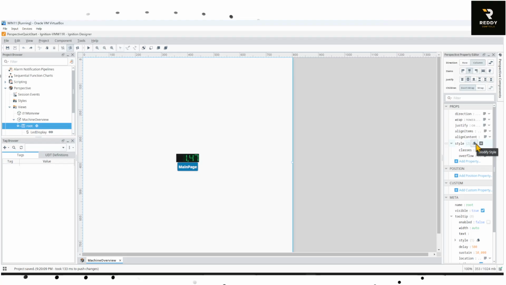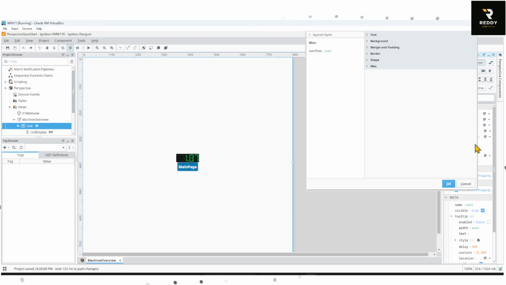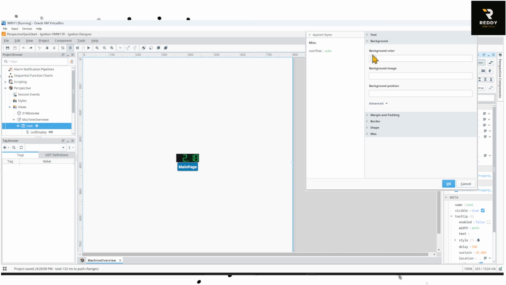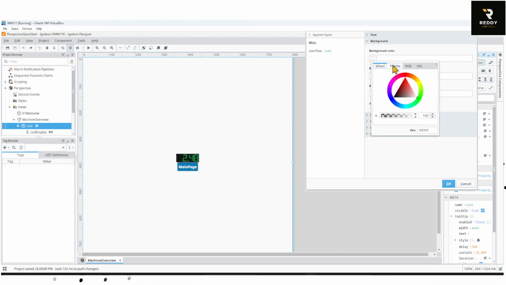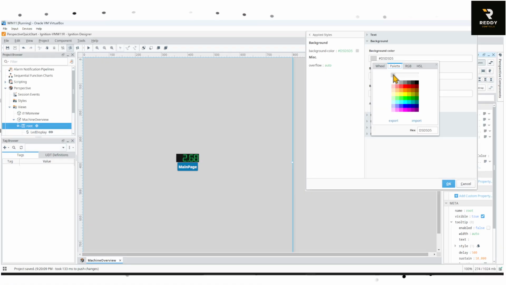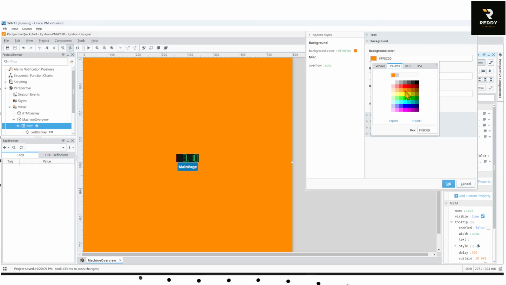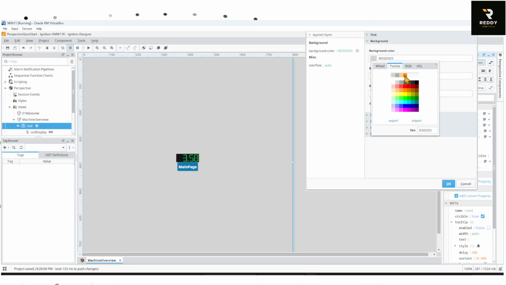right side here, and hit modify style, and in here you can get to the background color and click on this palette, and I am selecting a gray color. So that's how you select whatever background color you want, but right now I'm just selecting a gray color